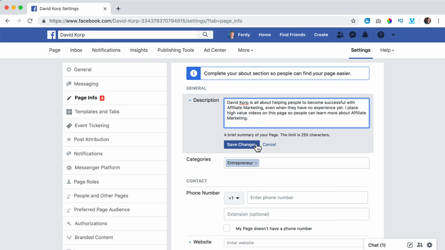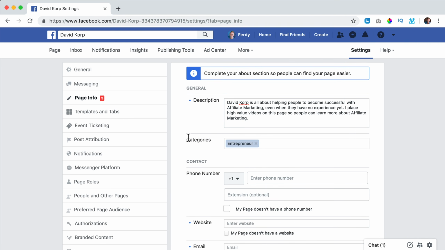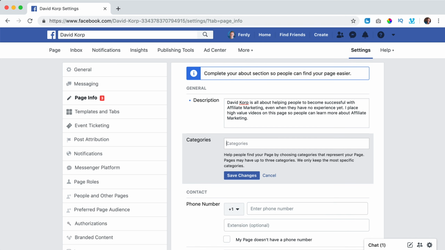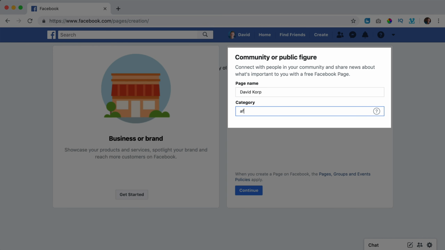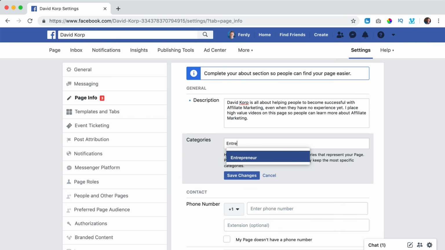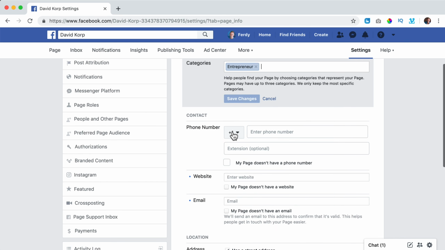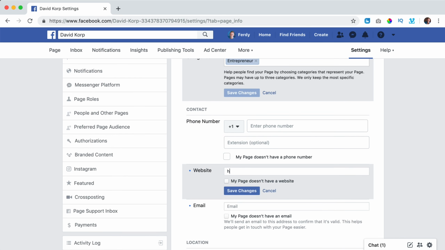Okay, and when you're finished, click on Save the Changes. The category, I changed it to entrepreneur. It is the same category as over here before in the tutorial. I say I'm an entrepreneur. You can enter your phone number over here. My website is